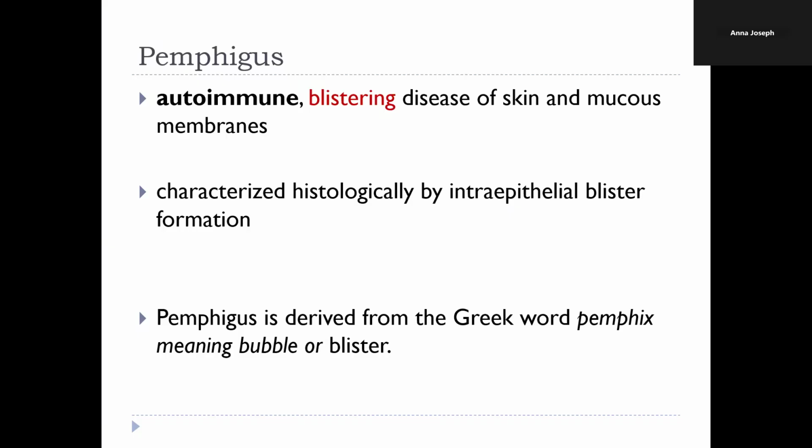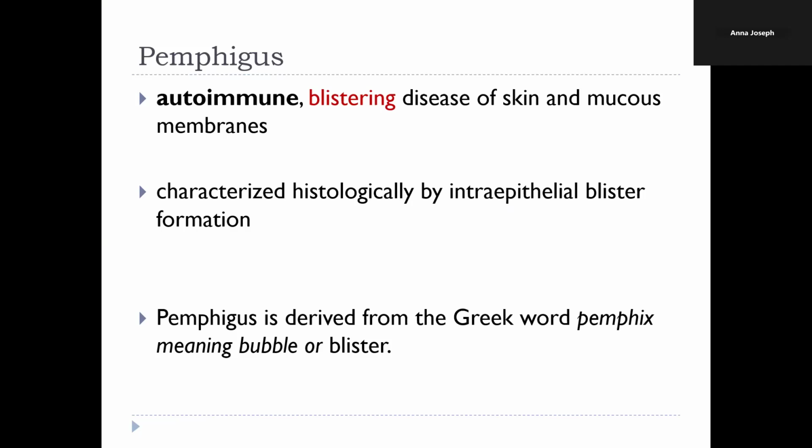Good morning, everyone. Today, we'll be exploring pemphigus, a rare but serious group of autoimmune blistering disorders that primarily affect the skin and mucous membranes. Pemphigus is characterized by the formation of intraepithelial blisters due to autoantibodies targeting desmosomal proteins, which are seen on cell-to-cell adhesions of the skin. So pemphigus is an autoimmune blistering disease of skin and mucous membranes, which is characterized by